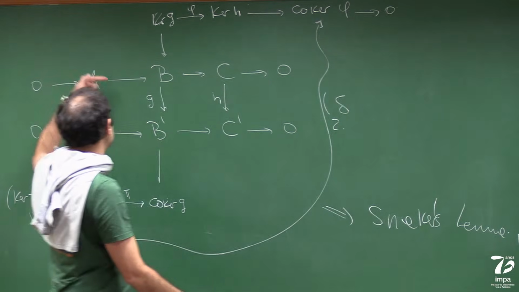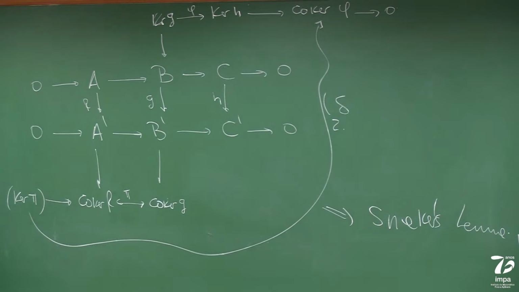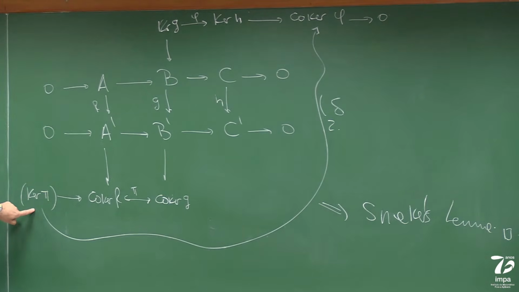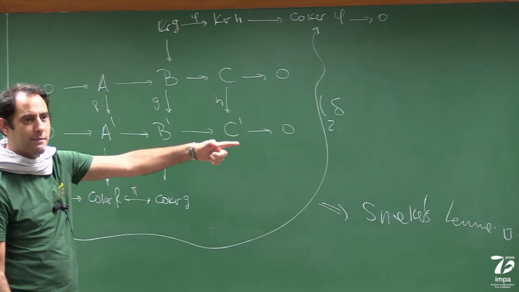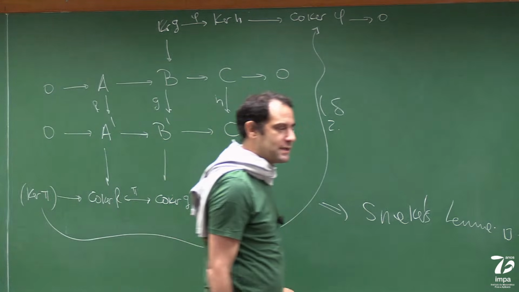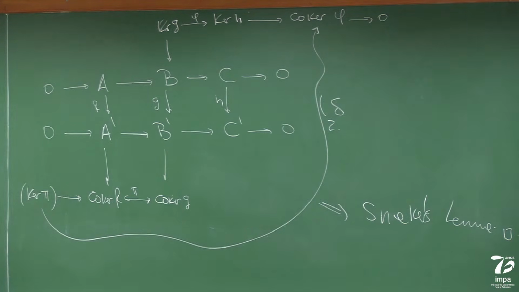So we started with two short exact sequences, and we constructed an isomorphism between this kernel of pi and the cokernel of phi, which is the Snake's lemma. I mean, of course, this is silly because we've used the Snake's lemma to even prove anything about spectral sequences. Okay, so that's the first trivial example of some computation with the two complex. And I'll just do two more and we'll stop. I'll do two trivial ones like this and we'll stop.